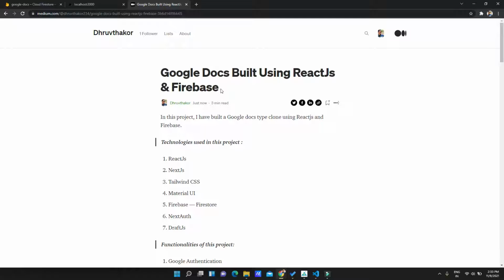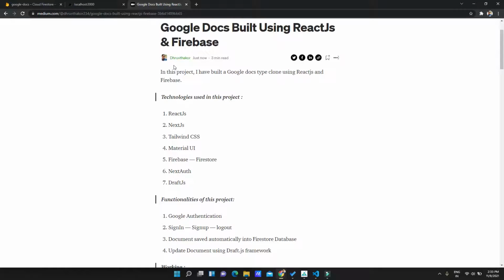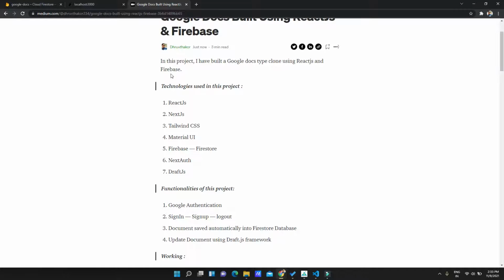In this presentation for the SGP subject, I have built a project based on React.js. The project is Google Docs built using React.js and Firebase. It is basically a clone of Google Docs, and I have created it using React.js and Firebase. So the technologies